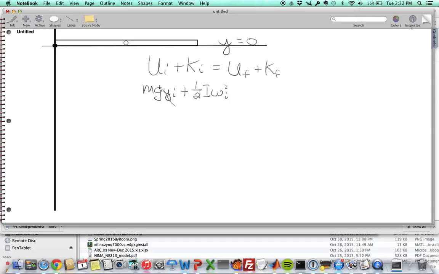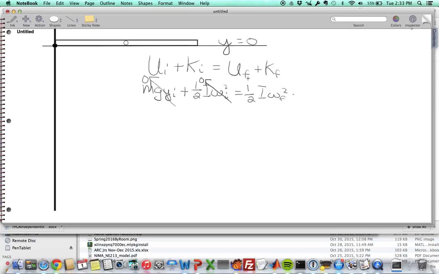So this term is equal to 0 because my y initial is equal to 0, because I set my coordinate system here. And now this thing hasn't moved yet, so my omega initial is also equal to 0. So I have 0 mechanical energy initially, and then I'm going to have U final. So this is going to be 1/2 I omega final squared plus,